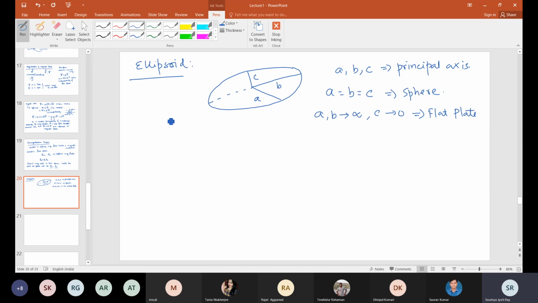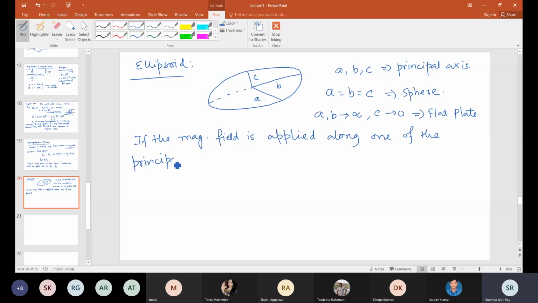So let's say if the magnetic field is applied along one of the principal axis of the ellipsoid, then this relation between HI and HA will be this.